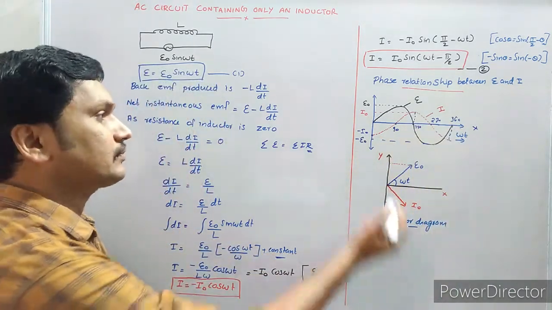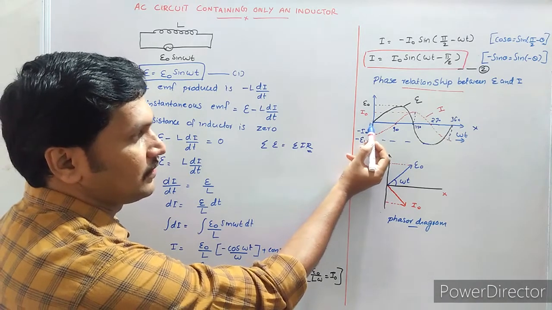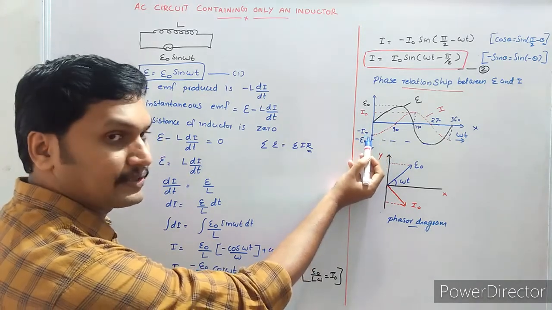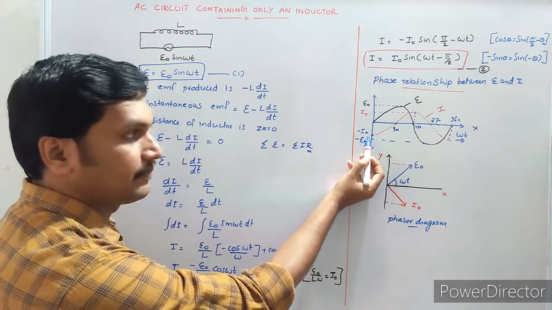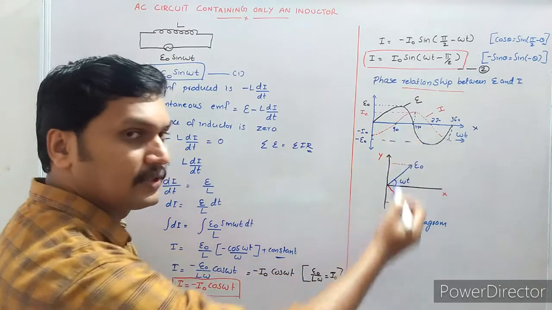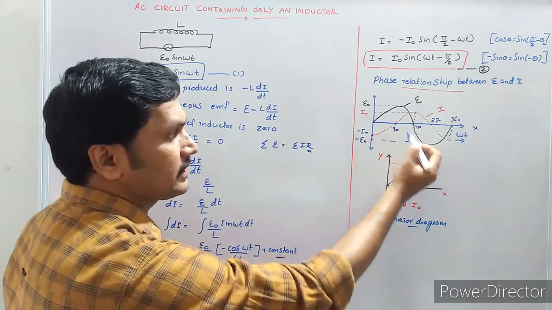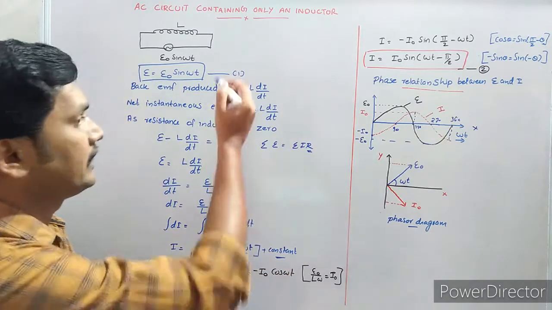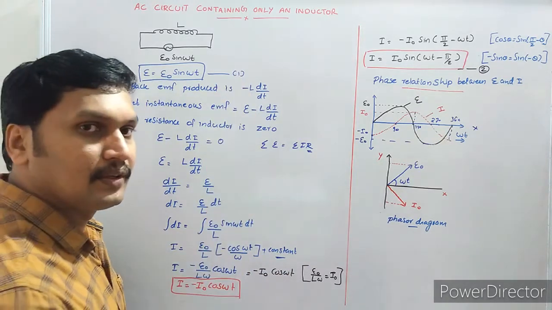It shows that when the voltage is 0, the current, lagging behind, is maximum in the opposite direction. When voltage comes to maximum, current only comes to 0. That is, voltage is always leading, or current lags behind the voltage in an inductive circuit.